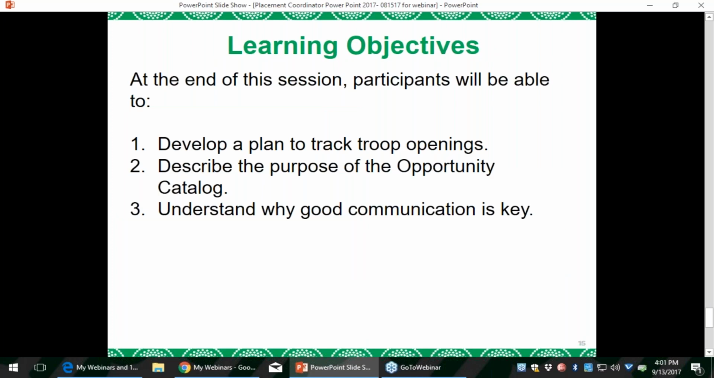That brings us to the end of the training. As promised, we covered these 3 items. Develop a plan to track troop openings, describe the purpose of the opportunity catalog, and understand why good communication is key. If you have any questions we didn't answer during the presentation, please email your questions to Kathy Drake at